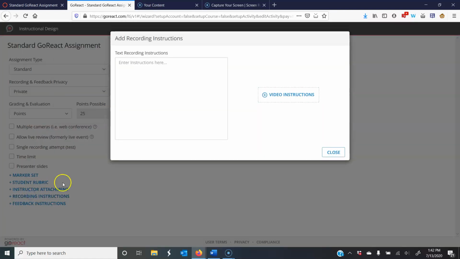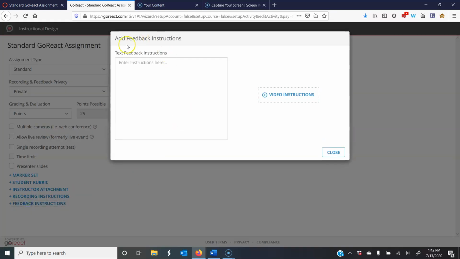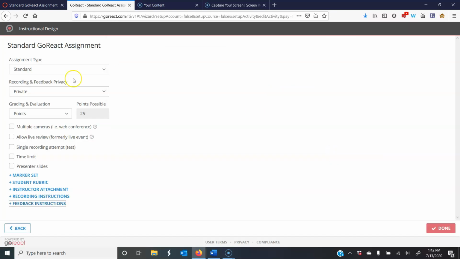And then the recording instructions here, you can either make a video or type in text instructions to help the students when they're getting ready to record their video. And the feedback instructions is for giving instructions before a video gets reviewed, so for giving feedback there. When you have this all set up, you'll hit done,